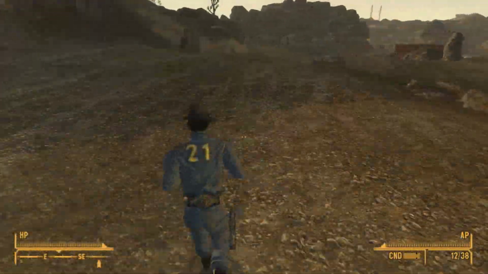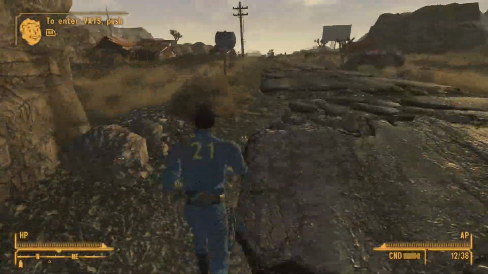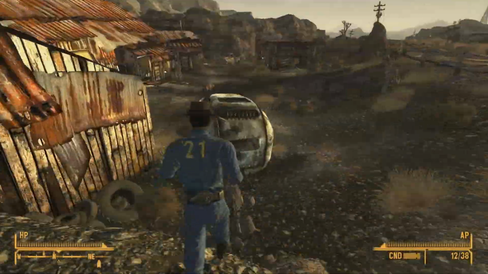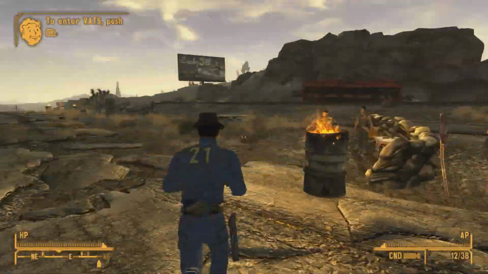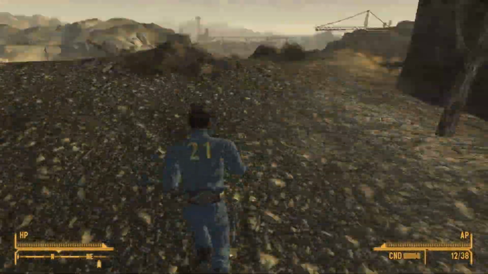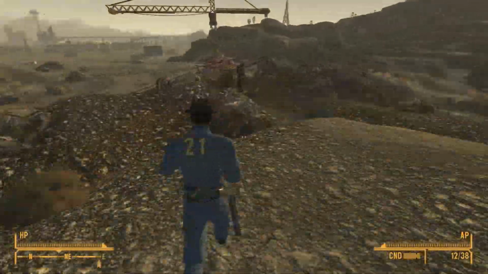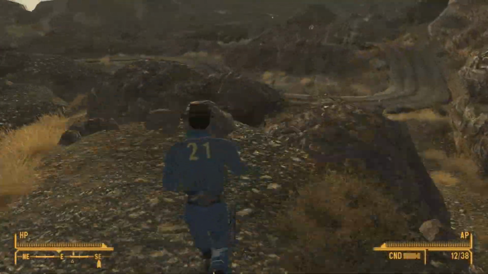To the right of the red crane there's 2 Powder Gangers, and as I'm entering Sloan there's a little, I don't know what you call this guy, this little Snuffles. If you've got 30 medicine you can heal him and you can get some NCR reputation. So as you see to the left are the Deathclaws, so I'm going to cut through Neil's Shack at the moment,